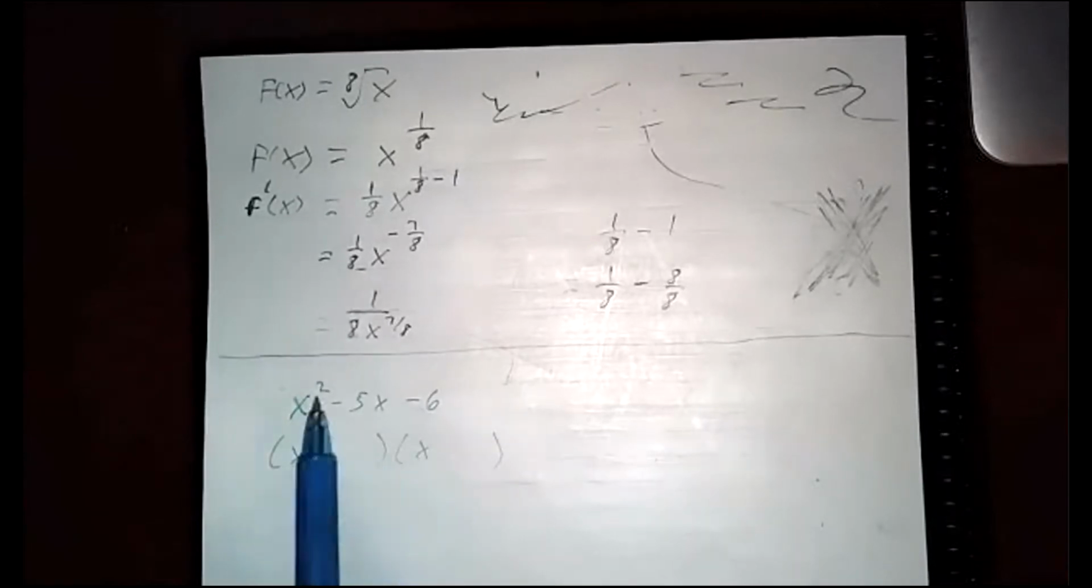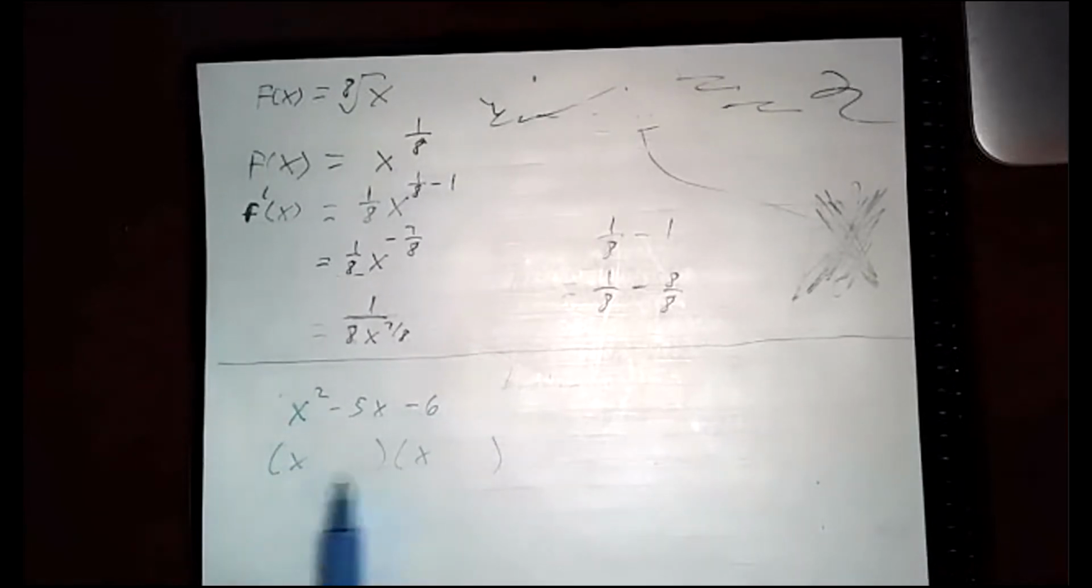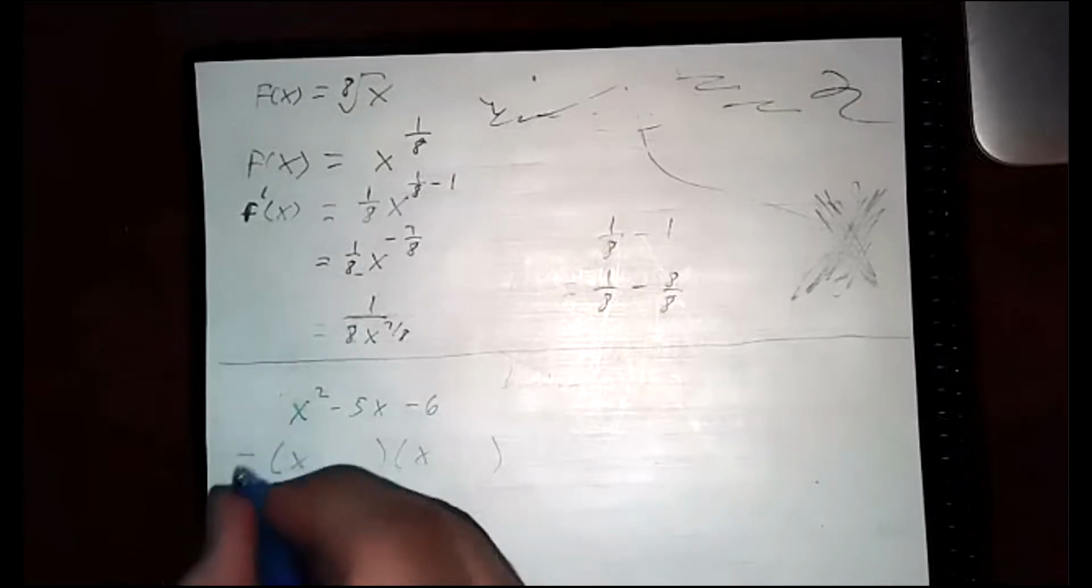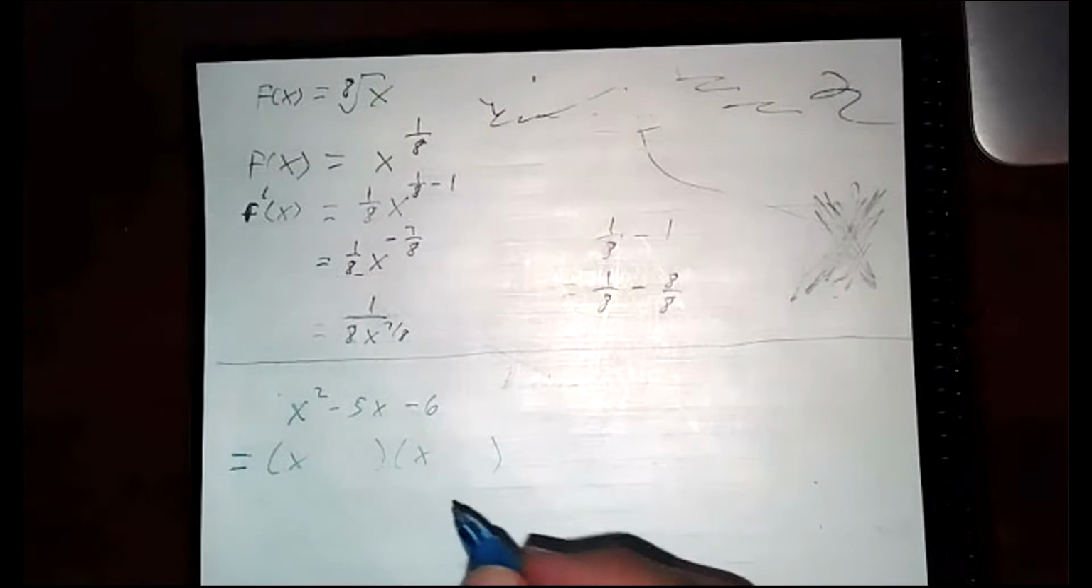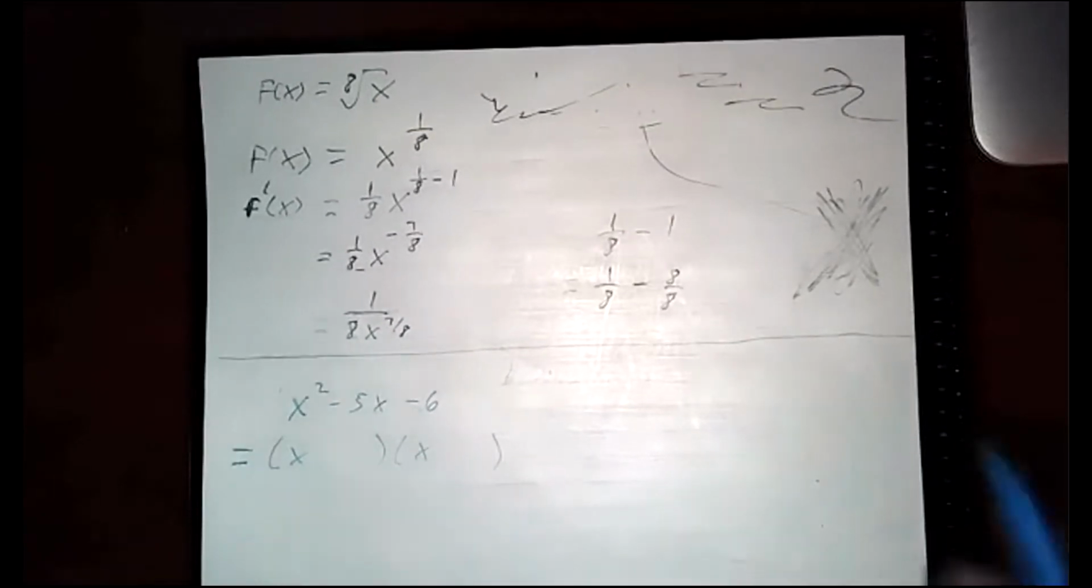So x times x will give you the x squared. That's why we assume the first one has to be this, and why we know it looks something like this. This will be equal to this. The next part is, what are the numbers that go here? So the way you determine that,